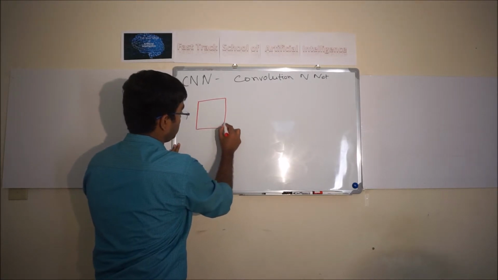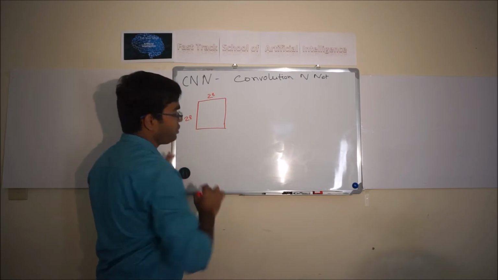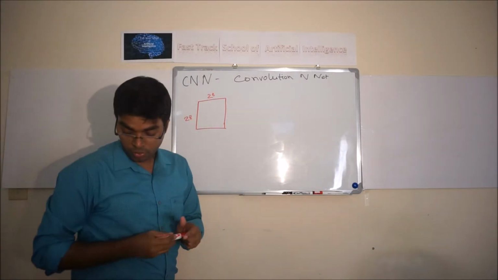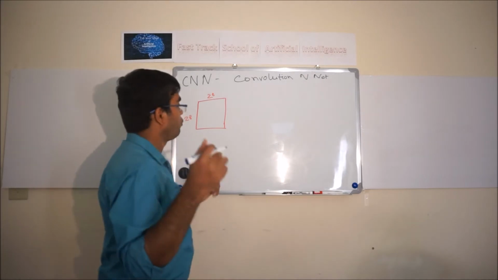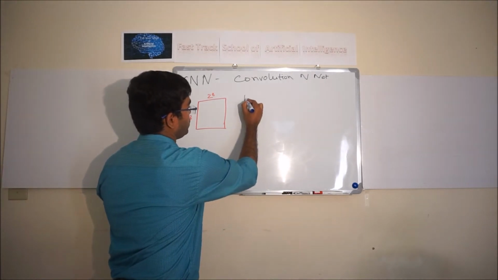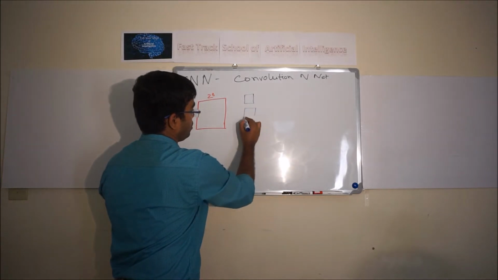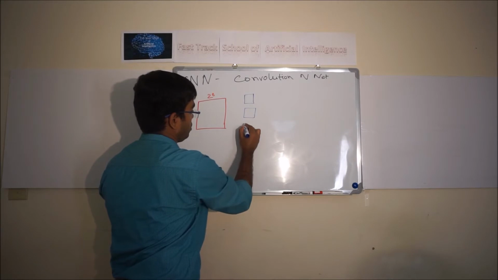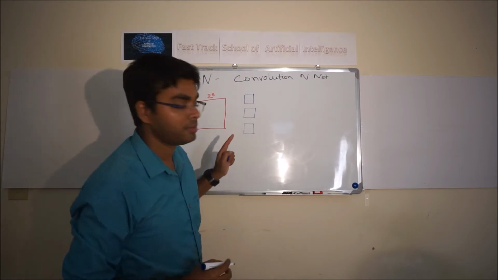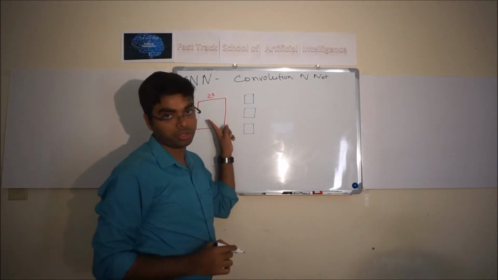This is a 28 by 28 image, 28 pixel by 28 pixel. Now we have three different filters which we want to apply on top of it. Sometimes these are also called kernels. We are applying these filters on this image,